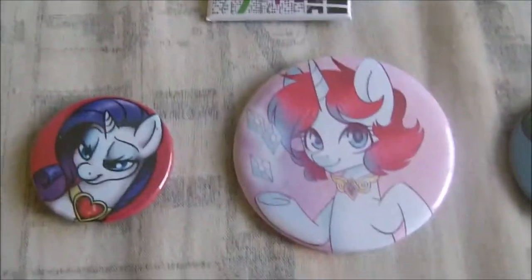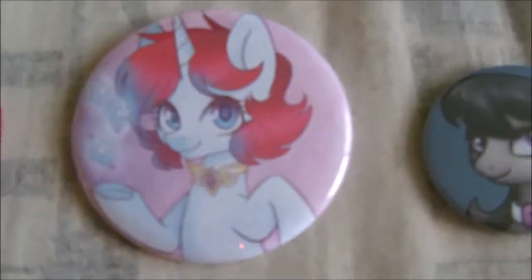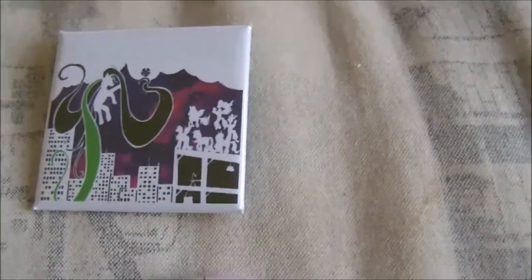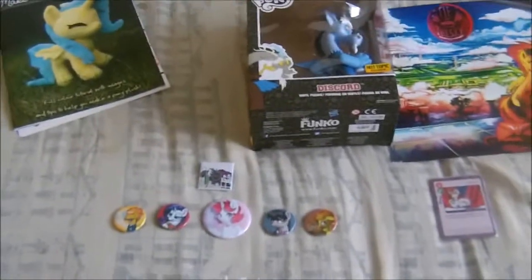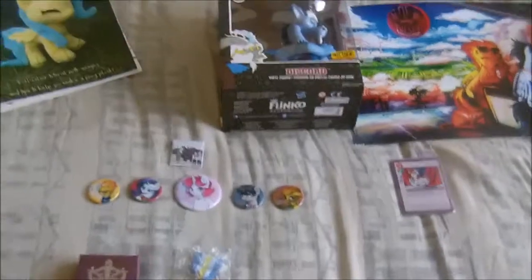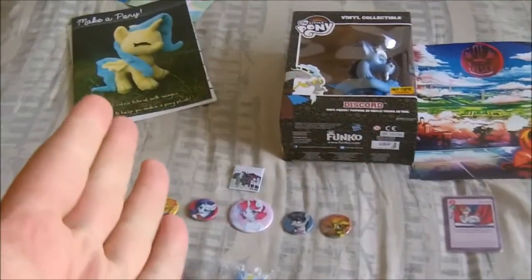Favourite pony, favourite main 6, favourite con mascot looking adorable. Tavi, best villain. I wanted to get the print of that, but since I had the badge I thought against it. And also the little detailing on this, I love Soren in the background of that. But those are absolutely adorable little badges, and I actually get badges, but I don't know where I would put them. Because most of my clothes...